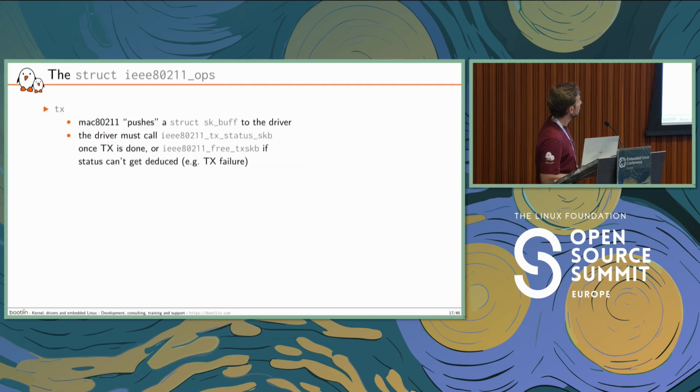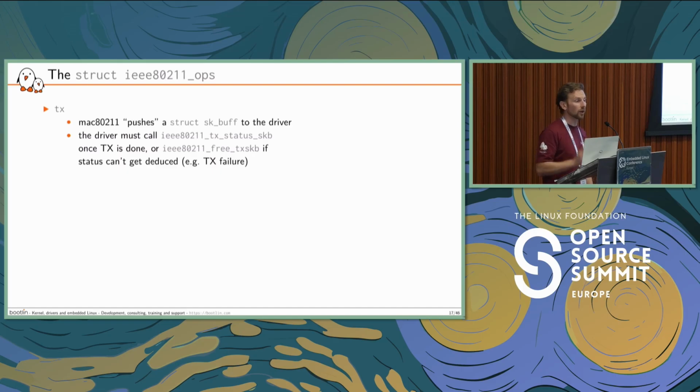All right, so that's half of those operations. Of course, the whole goal of this thing is to transmit frames. So I have a TX operation to implement. Here, this is a very basic version. The core, whenever it needs to send a frame on behalf of user space, will call this operation and provide an skbuf, the standard representation of a packet in the kernel. This is a push model, so really the core is pushing a frame to my driver. It is up to me to send the frame through the device and then notify asynchronously my upper layers about either the success or failure about this packet sending.